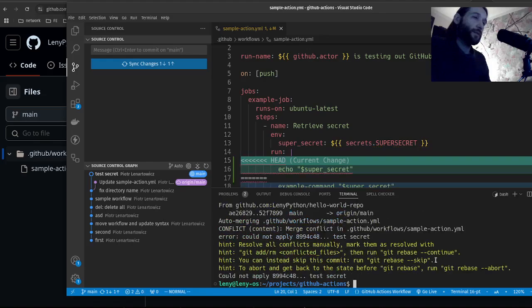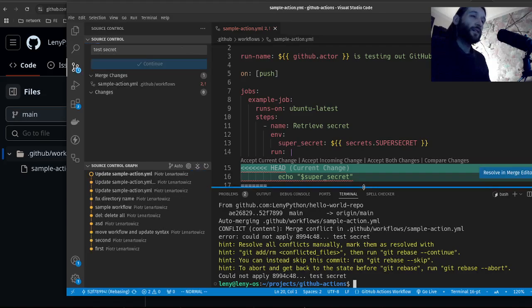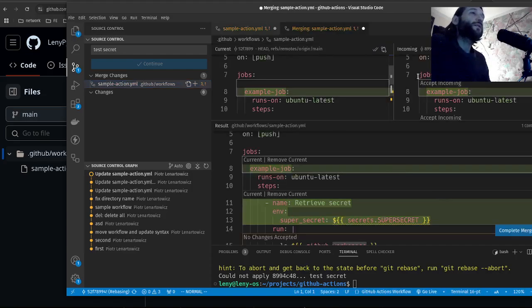I want to because I don't need to have the history in this repo, as it's only a repository that I do for testing GitHub Actions. Okay, so if I do rebase, I'll overwrite the history, local history. So let's go